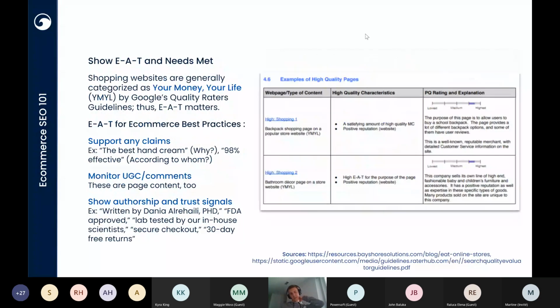And then E-A-T and needs met. So this is a pretty large topic, but I think it's just good to have a familiarity with some of these acronyms. So a lot of shopping sites are considered by Google to be your money, your life, or YMYL. And so a your money, your life site is basically a site that's held to higher standards